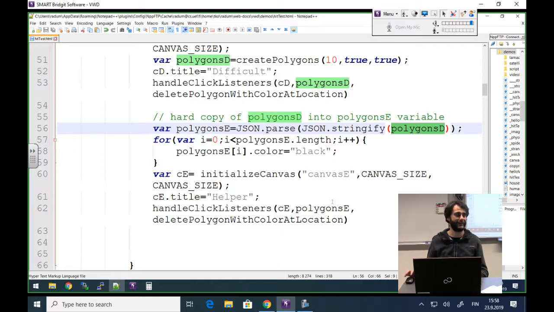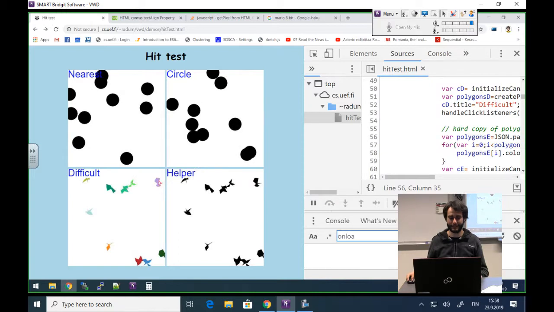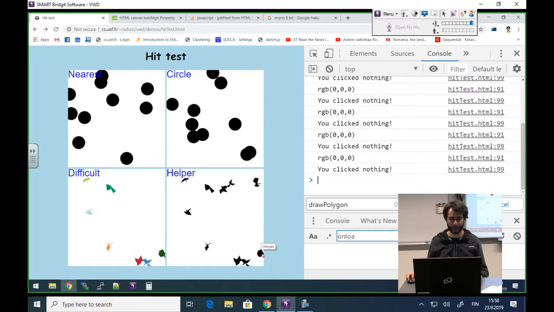A bit confusing, sorry about it, but yeah. So now I can still click these things here, and on the right it doesn't work because everything is black. I would actually expect something to be removed there, but